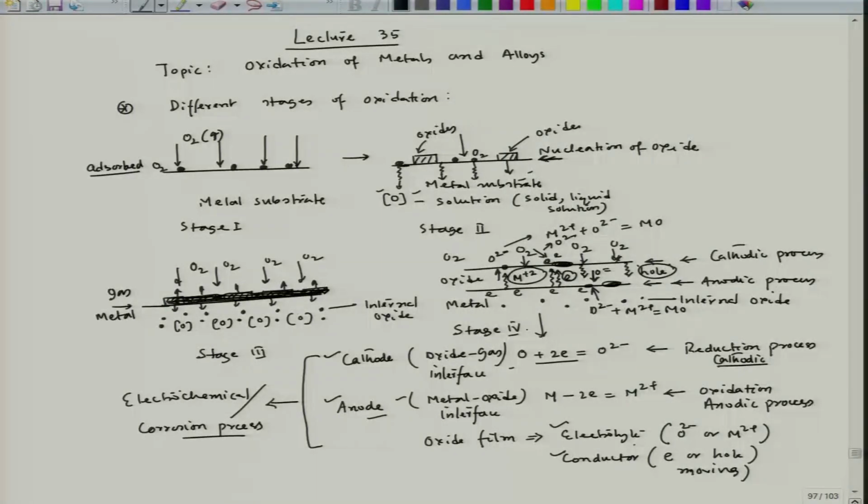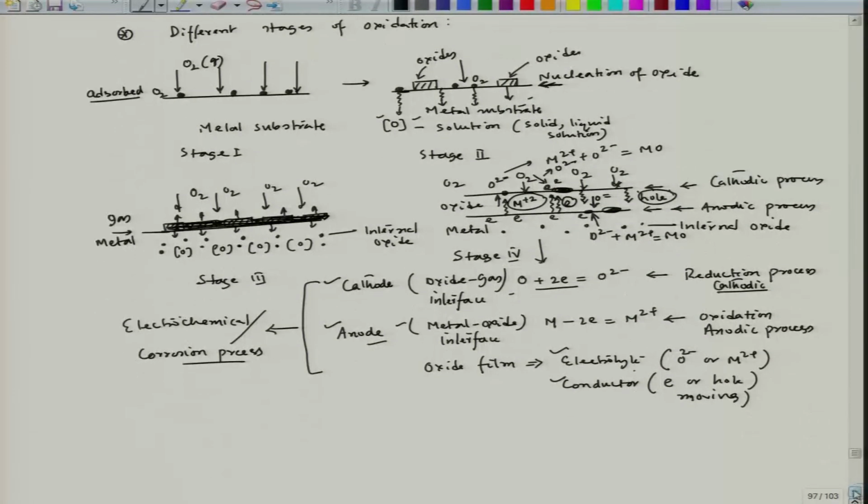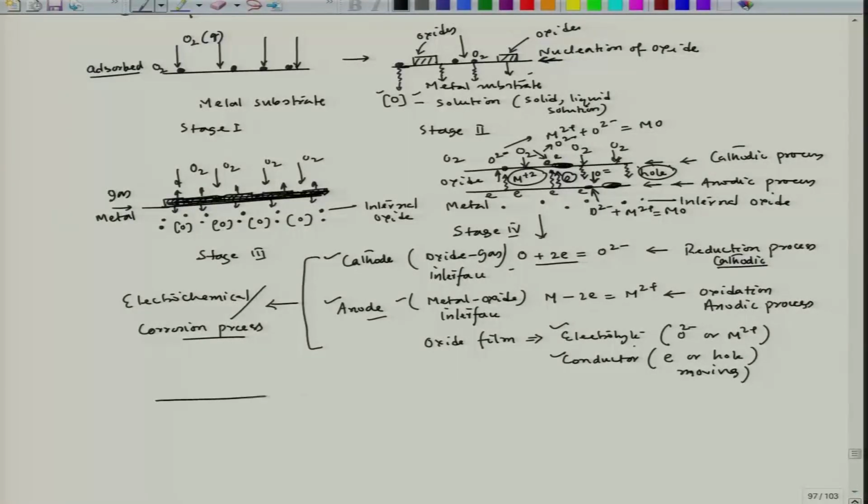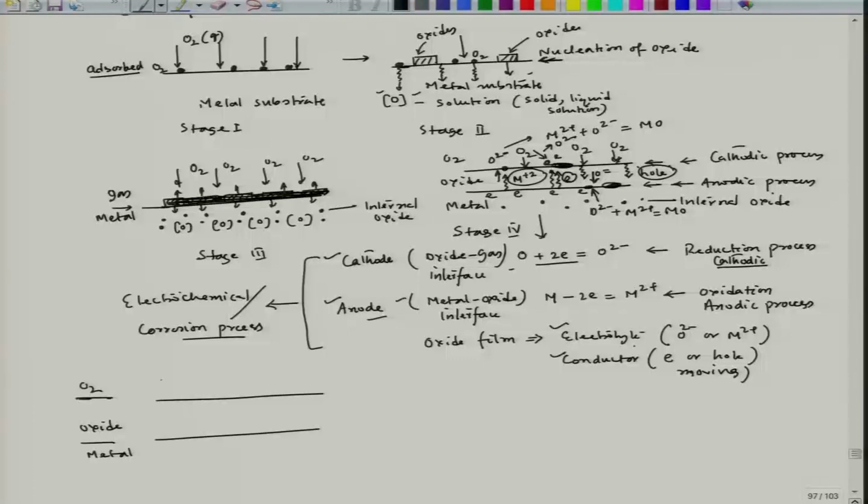Now, when this oxide film is forming, if I consider this oxide film, this is the metal, oxide, oxygen, these are the 2 interfaces. Now, when the oxide is growing, since oxide is less plastic as compared to the metal, there could be a possibility of crack formation in the oxide. So, we have